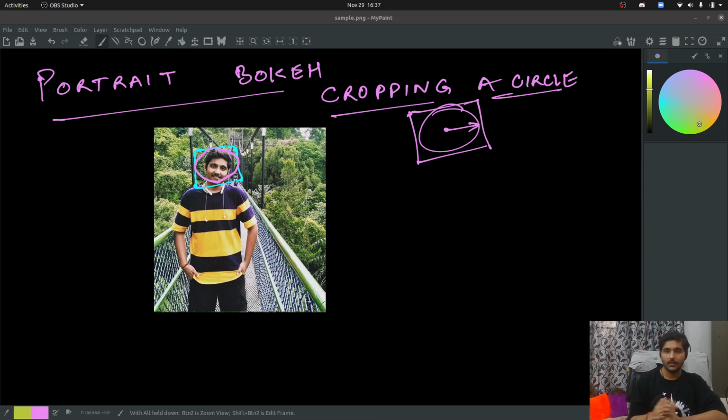But the problem is the face detection gives us a square, and our face is not a square. At least mine is not, and I'm sure yours is not either. So how do you crop a circle? How do you crop anything which is not a rectangle or square in OpenCV? It's not exactly cropping a circle, but when you crop it, it will look like a circle, because at the end the pixels are coordinates, locations. So you cannot really crop half of a pixel. That is not possible, but we can get as close as possible to the output we want.